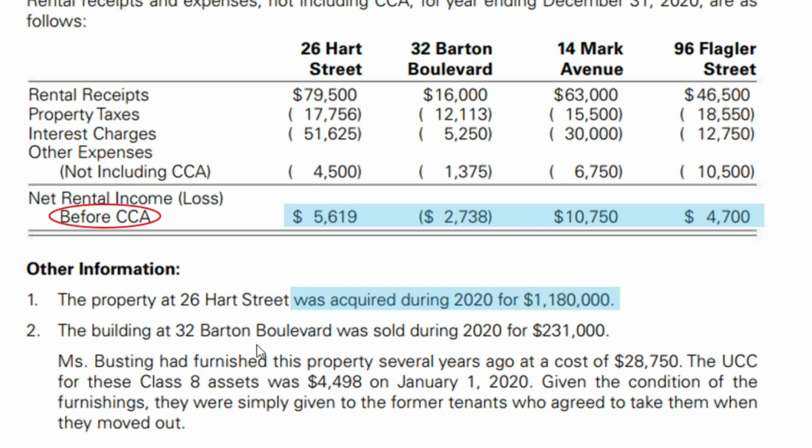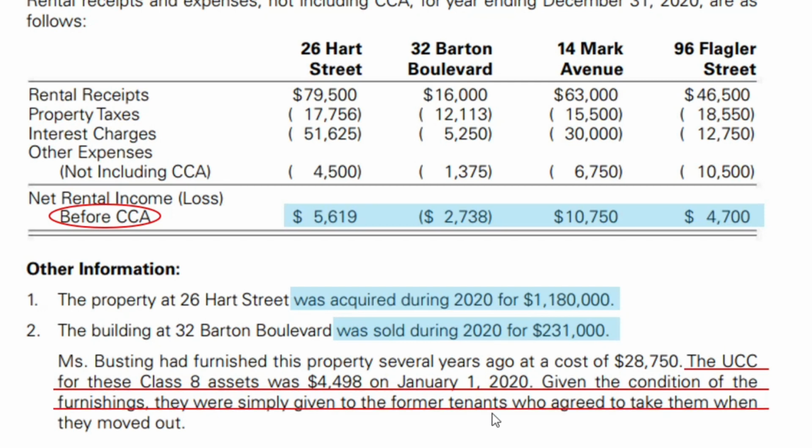For item 2, there are a few things we want to bring to your attention. For example, the building at 32 Barton Boulevard was sold during 2020 for $231,000. So we're going to have a disposition for this property that's listed in the second column here. Also, keep in mind the following information. It says that they had furnished this property several years ago for $28,750. The UCC for these Class 8 assets was $44.98 on January 1st. Given the condition of the furnishings, they were simply given to former tenants who agreed to take them when they